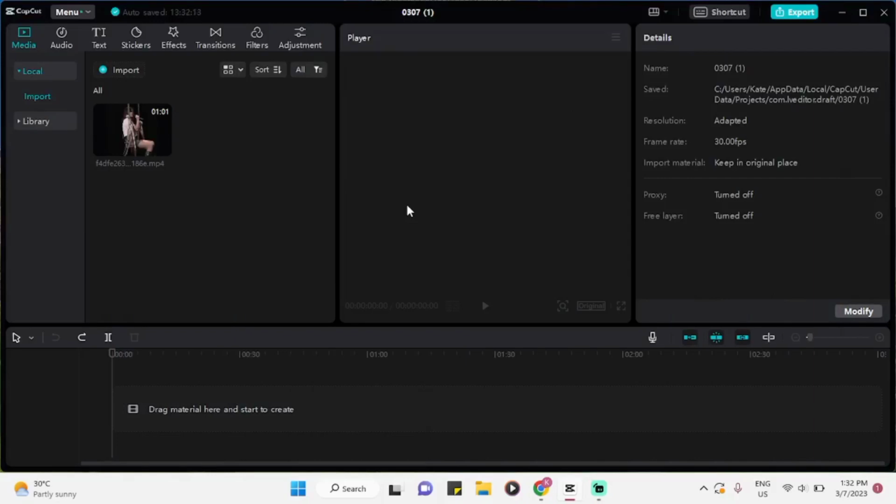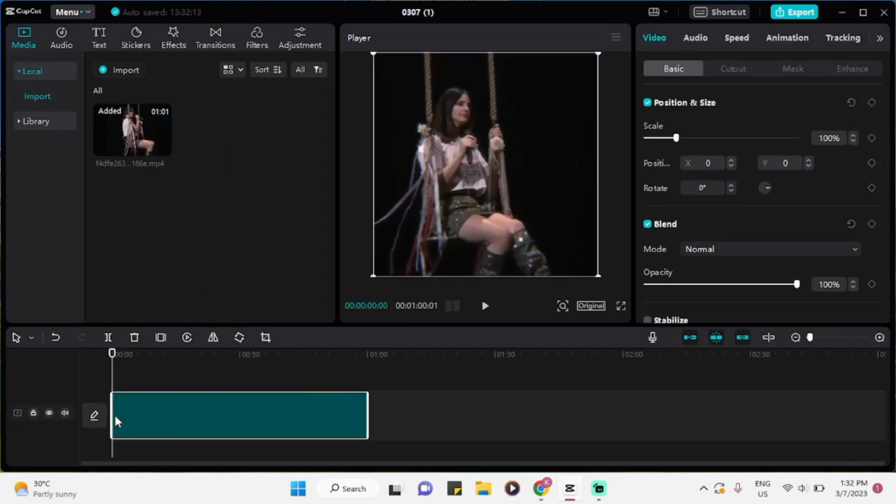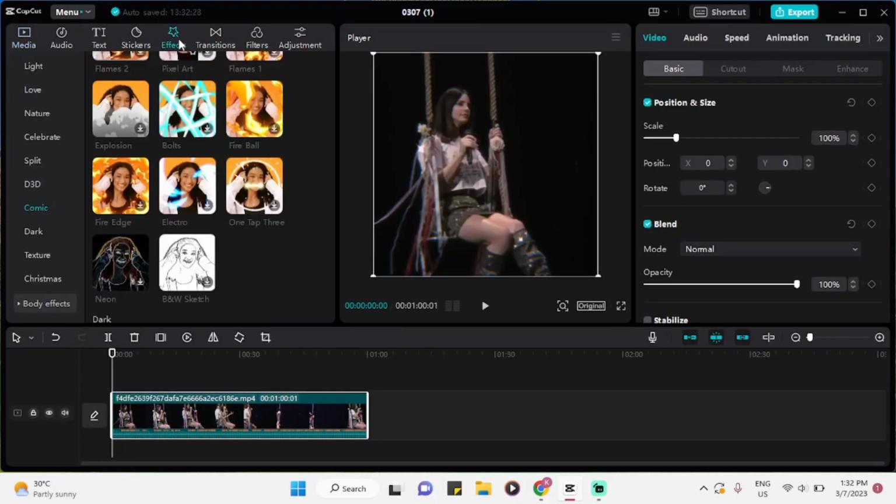Everyone, in this video I'll be showing you how to get good quality videos on CapCut. Now for this tutorial, you may see the video and you can drag this on the line, and you can go to effects and go to the comic,